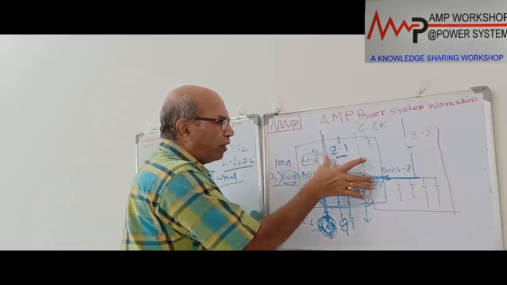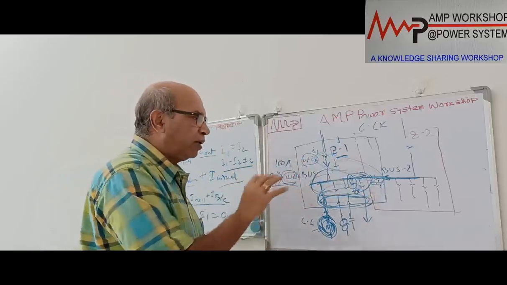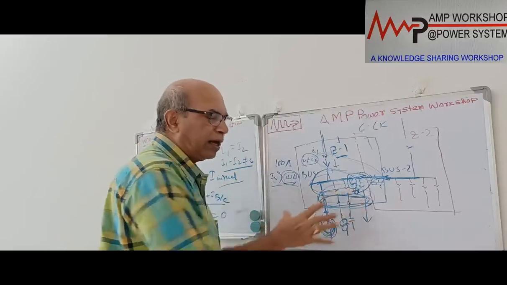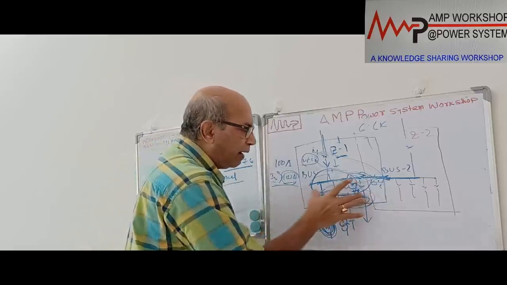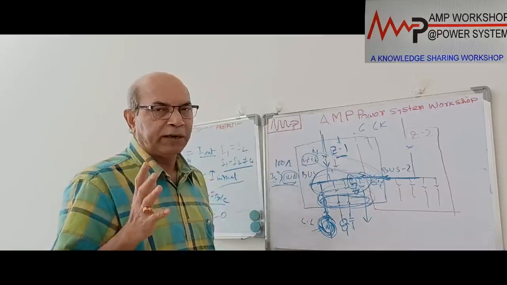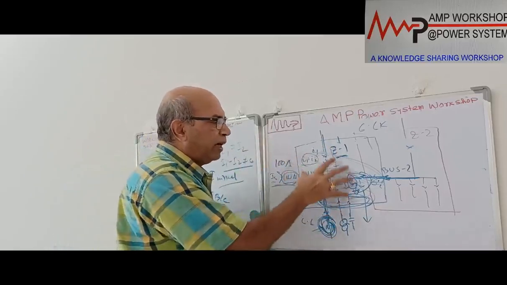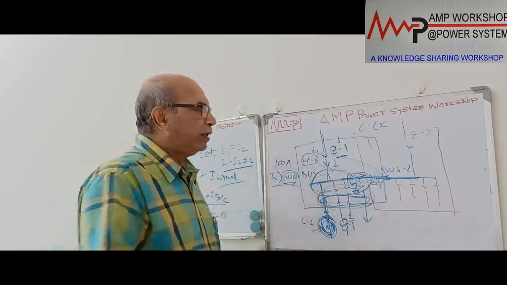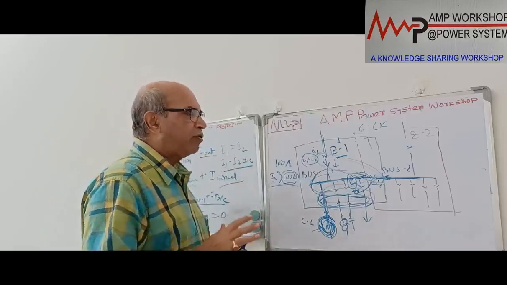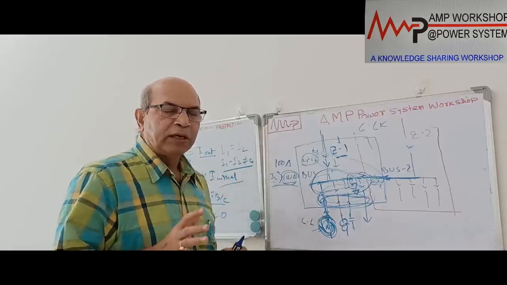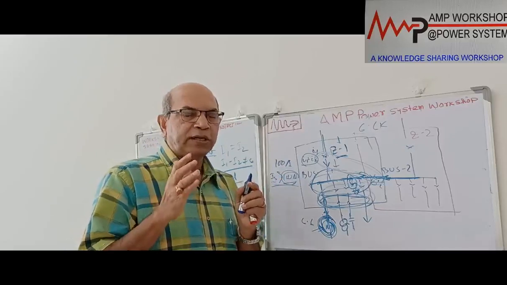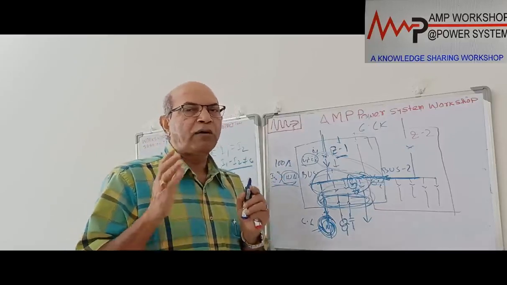We monitor the incoming current with respect to the outgoing current. When the incoming current is more than the outgoing current, the outgoing current is not sensed over here. We calculate the outgoing current using the nameplate or the load sheet. From the load data, we calculate the maximum outgoing current that can come. Based on the maximum value, if the incoming current is more than that maximum value, then the relay will operate. That is the basic principle of the partial differential scheme. In a simple way, the partial differential scheme is based on monitoring the incoming current, and the relay setting is decided based on the maximum possible outgoing current.